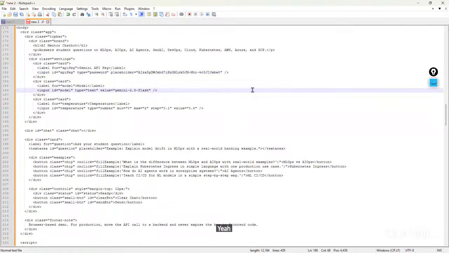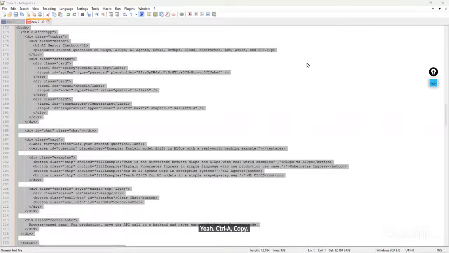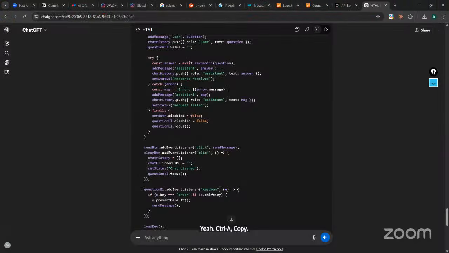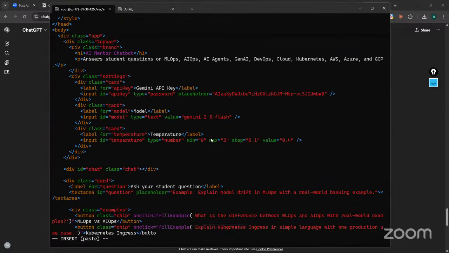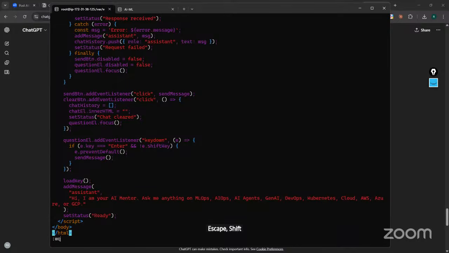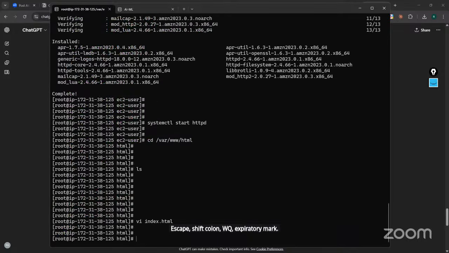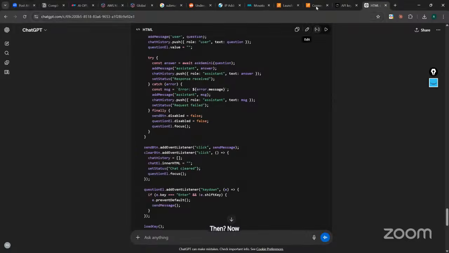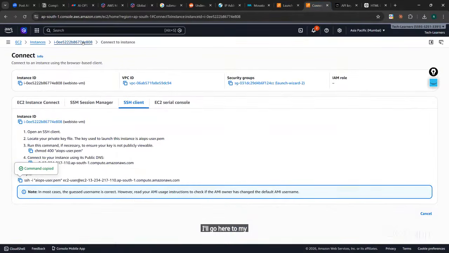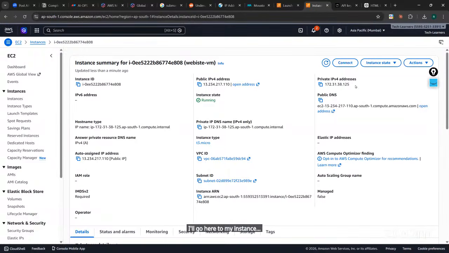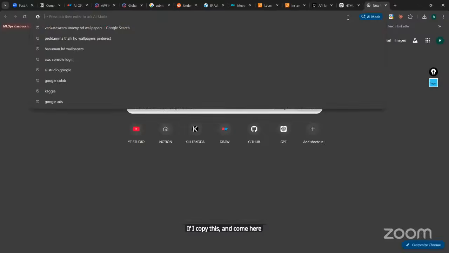Yeah. Control A, copy, and you just come here, go here, paste. Escape, shift colon, WQ, exclamation mark. Done. Now I'll go here to my instance. My instance will be having one private IP and one public IP. If I copy this and come here and search,